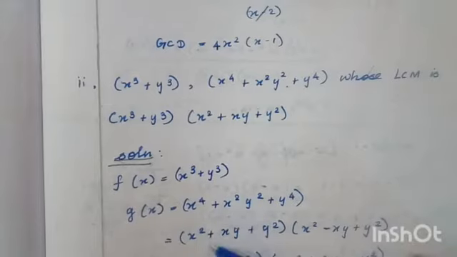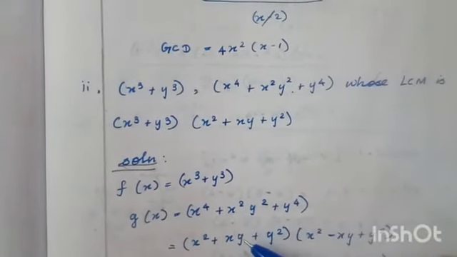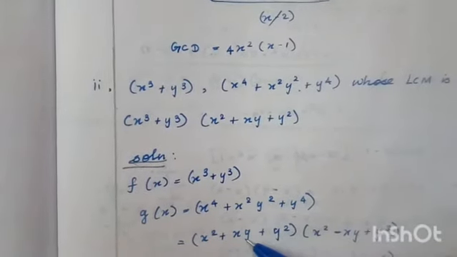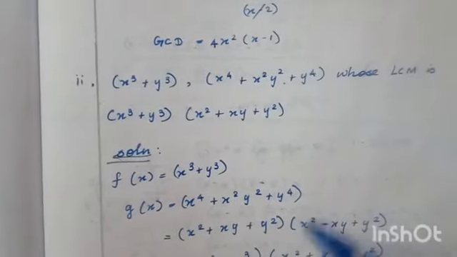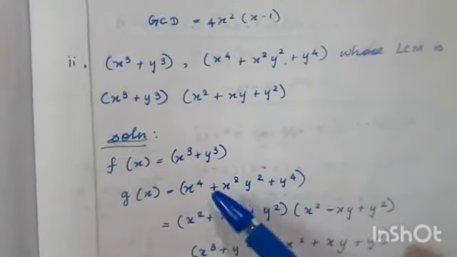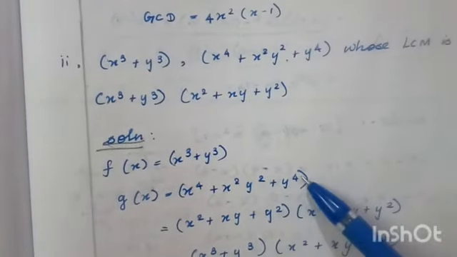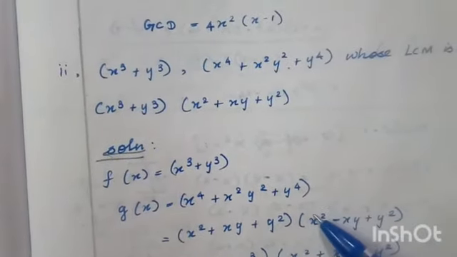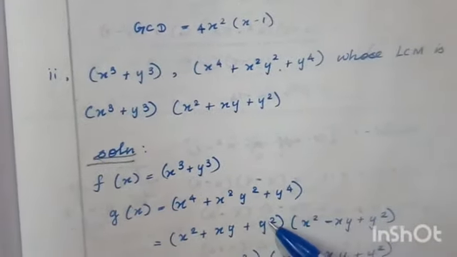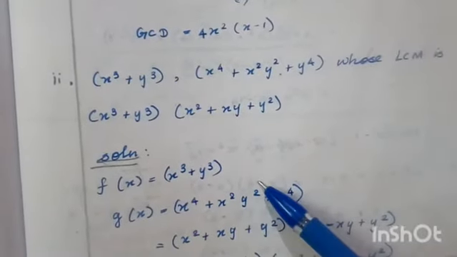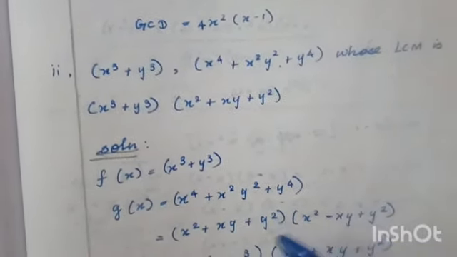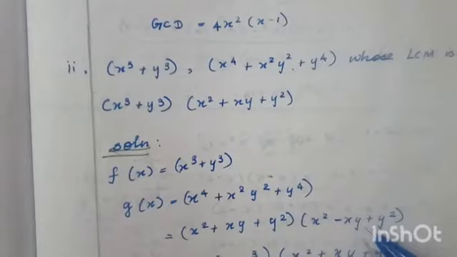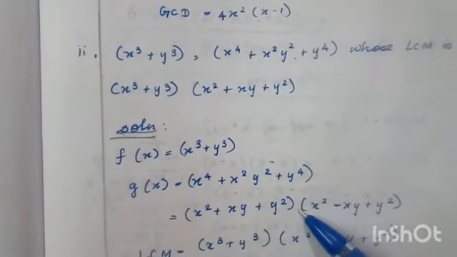For x square, in 9th standard I taught you one problem; make it remember. That is x square, this x square y square written as xy, and this y power 4 is y square. So for explanation there is no need, just remember x power 4 plus x square y square plus y power 4. How do you remember it? The x power 4 is separated as x square, the y power 4 is also separated as y square, and the x square y square you write as plus xy minus xy. It is a short way to remember. Okay, I am not giving the formula explanation here. It is rewritten in this form; this is the formula.